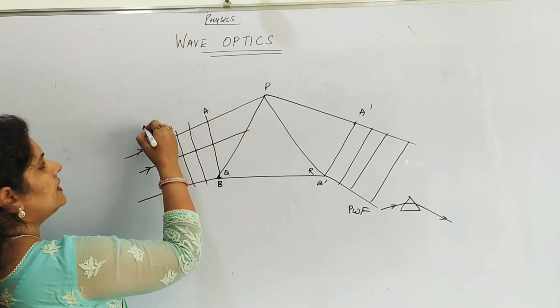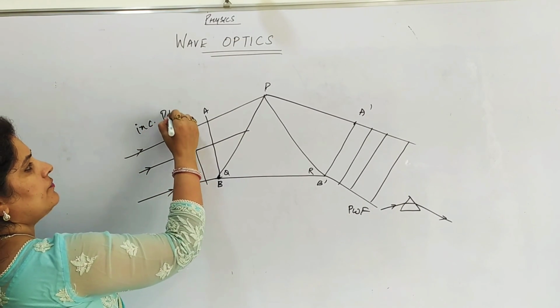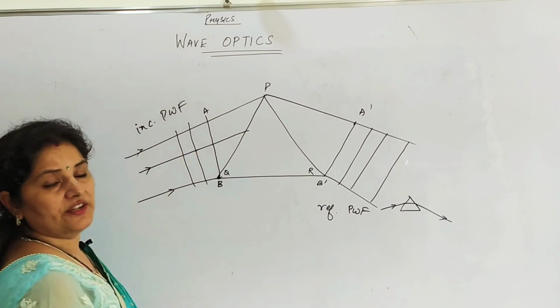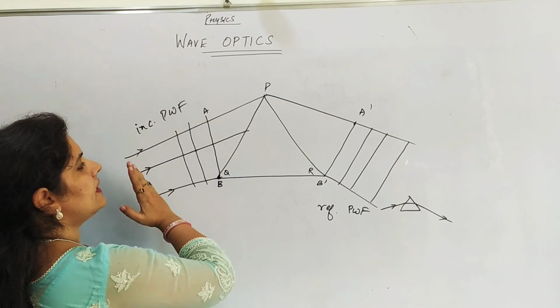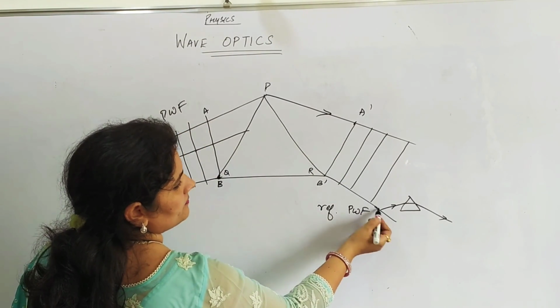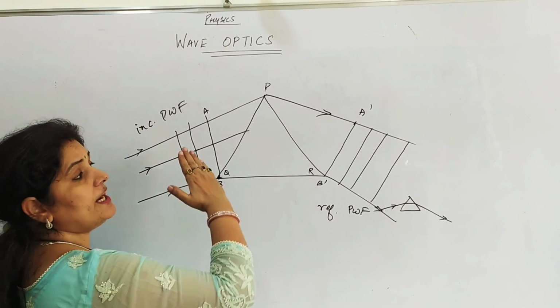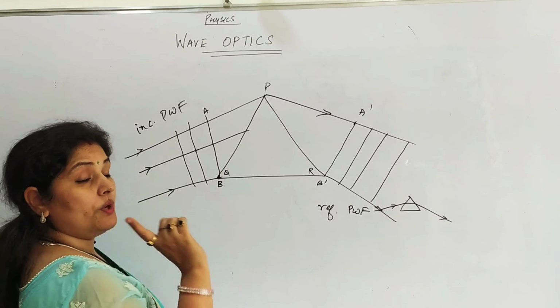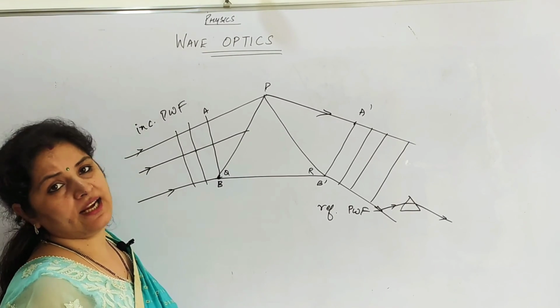What is the difference between the incident plane wavefront and the refracted plane wavefront? The difference is the incident plane wavefront was entering like this. These are the rays. And the refracted plane wavefront is bent towards the base of the prism, which gives the direction of the ray diagram that you draw in